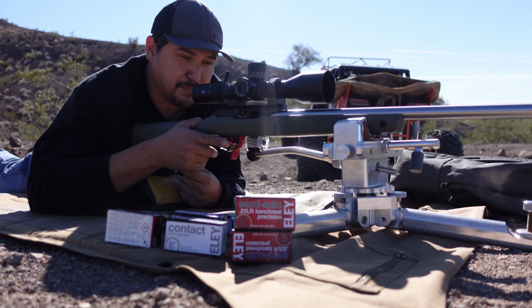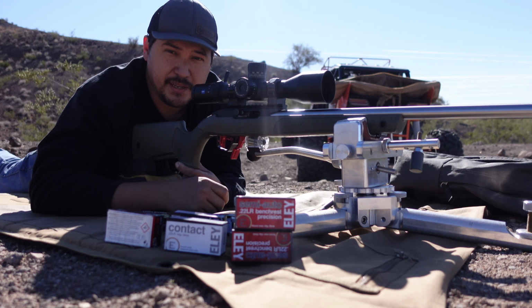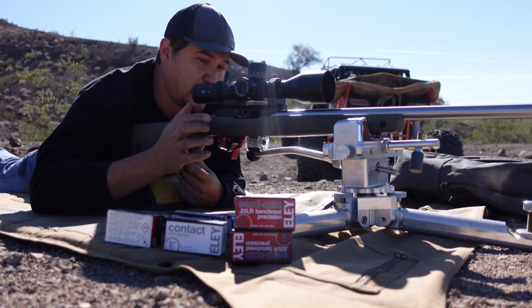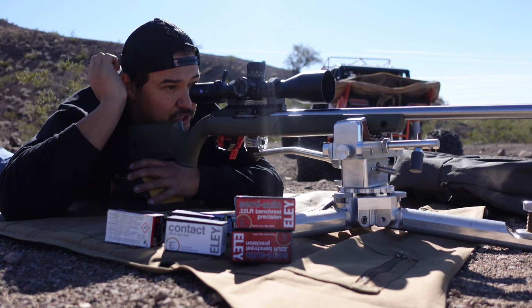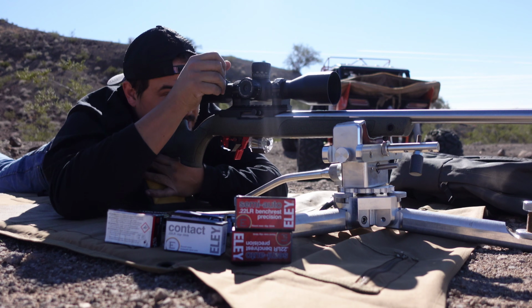We're going to find out. We're going to do some shots positional and see what happens under basically a kind of a timed scenario, course of fire. So 50 yards, we'll give this a try. I have Ely Match loaded up on here, and we'll see what it does at 50 yards first. Okay,